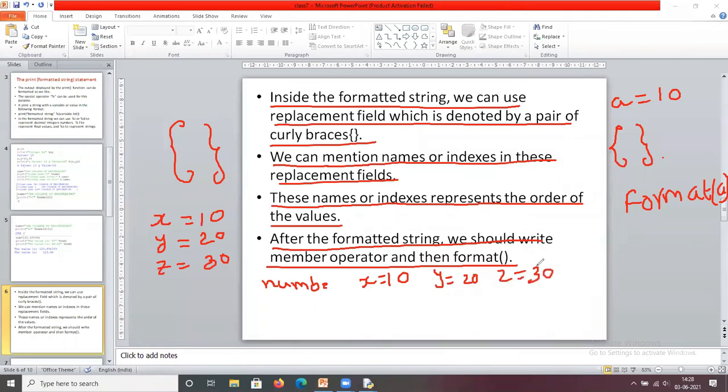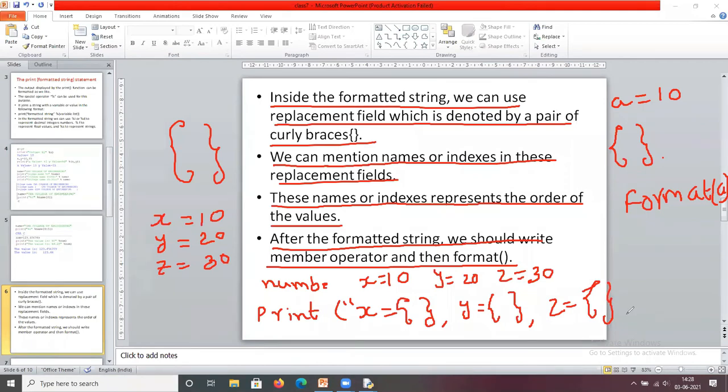So how do I print? I'm going to write print. In this, I write x equals curly braces, comma, y equals curly braces, comma, z equals curly braces.